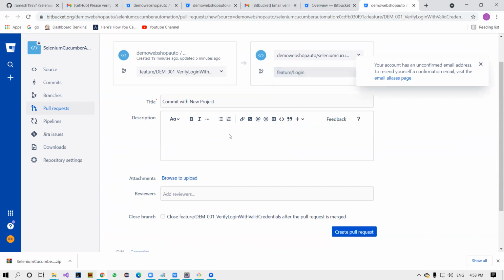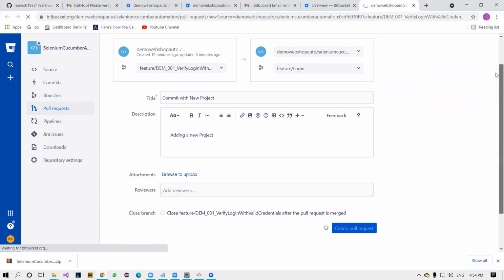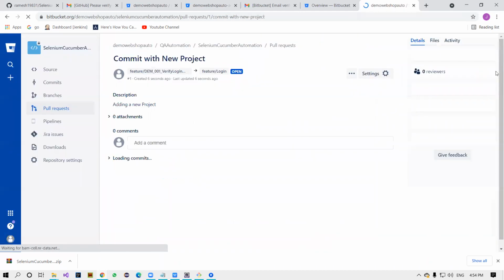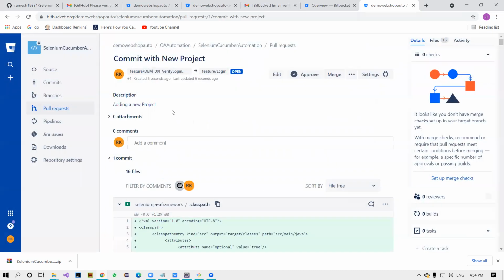First, let me select this fellow, and here you can add in the new project. That's it, and you can select your reviewer, your lead, or someone else, and go and create a pull request. Basically, you should ask the reviewer. I'm not sure. That's okay. Fine. It's going. It's good. Now I raise a pull request. I raise a pull request here.